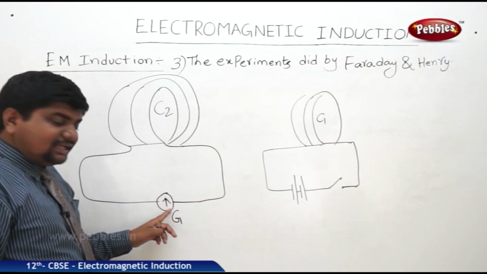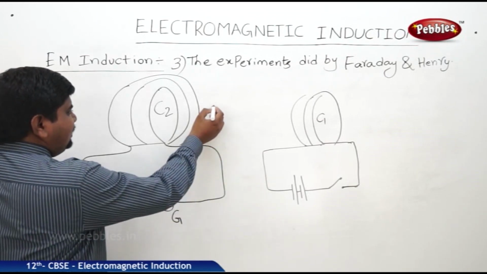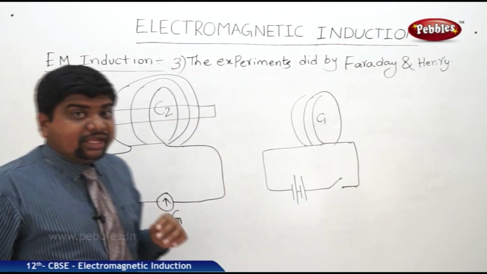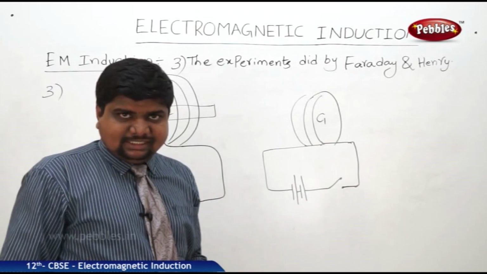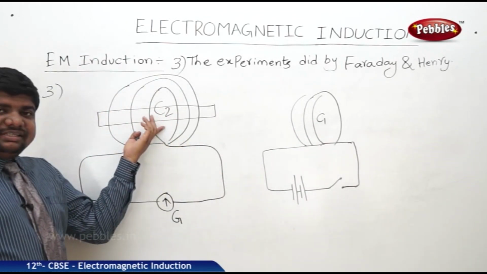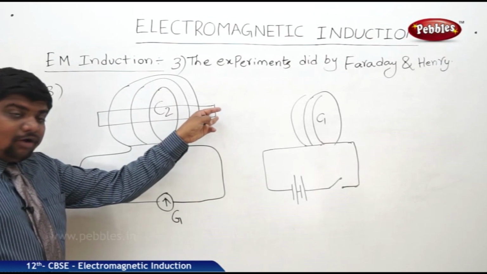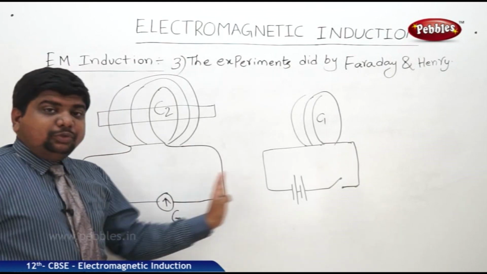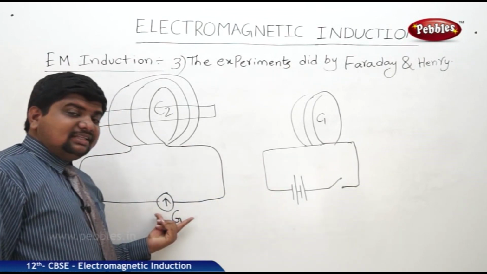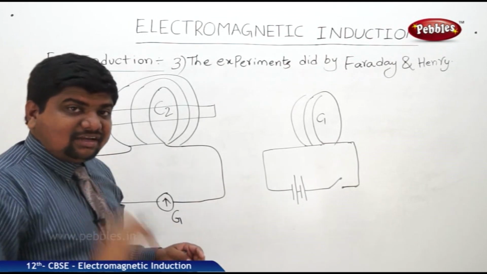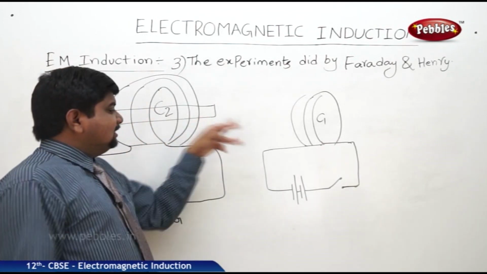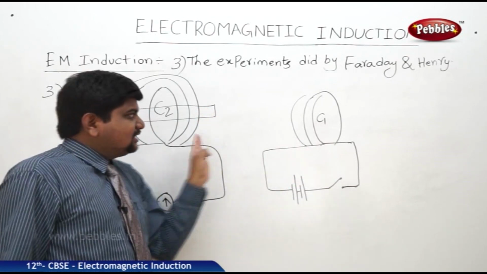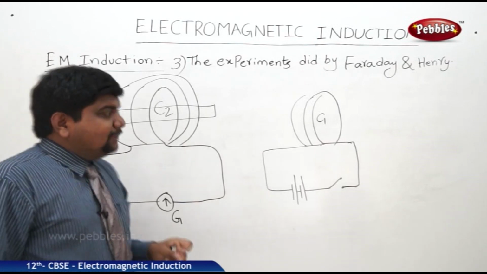But the deflection of the galvanometer increases by putting a conducting rod like iron or copper between the coils. This is very, very important. That means a conducting rod placed inside the coil acts like a solenoid, which can create the uniform magnetic field. This can create the induced EMF. That's why the deflection will be more when a rod is placed before touching the key. This is also one of the experiments done by Faraday and Henry.